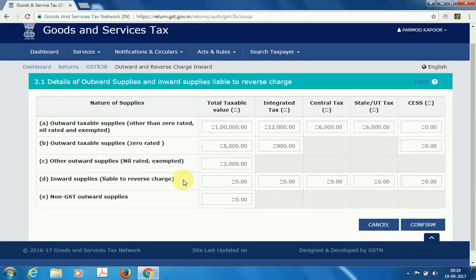These transactions are, for example, GTA service, that is goods transport agency service, insurance agency service, recovery agency service. In these cases, the supplier of services will not charge any GST. Rather, it will be the duty of the recipient to calculate GST and deposit the same.